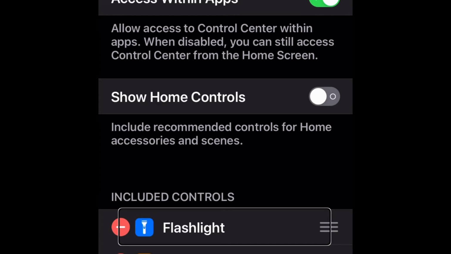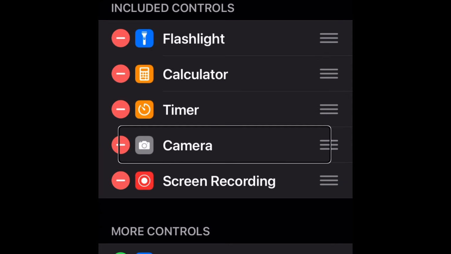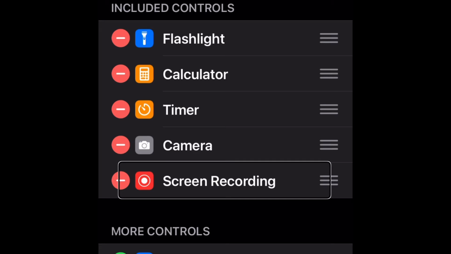Flashlight. Actions available. Reorder flashlight. Calculator. Reorder calculator. Timer. Reorder timer. Camera. Reorder camera. Screen recording. Actions available. And as you can see, you can pretty much click on any of these options. There's a flashlight, a timer, calculator, and so forth. And you also can reorder